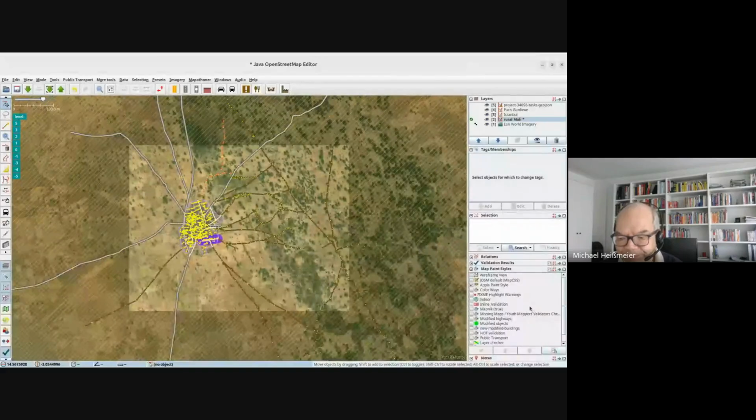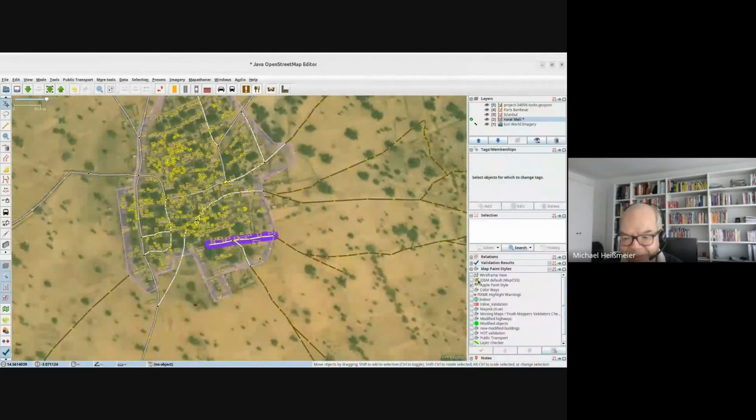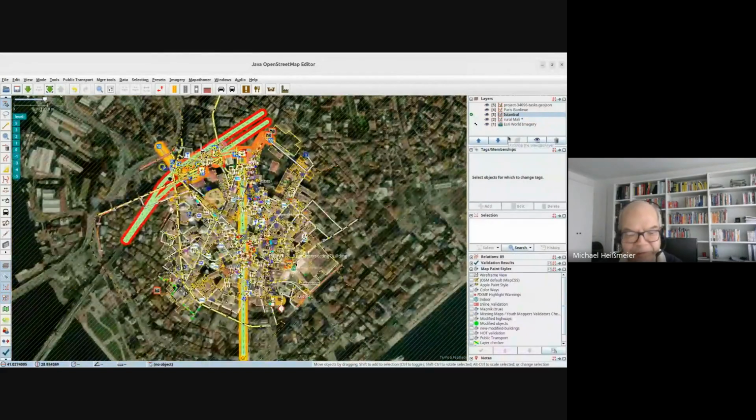So, as I said, the colorways, the modified highways objects, and new modified buildings enhance the visualization. The layer checker goes in the direction of helping you with validation. Apple paint style does a lot more of them. So, let's return to that example